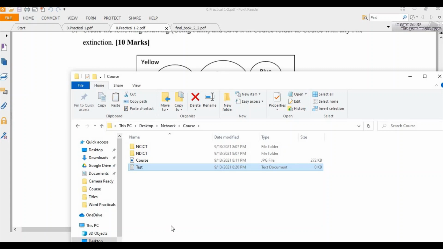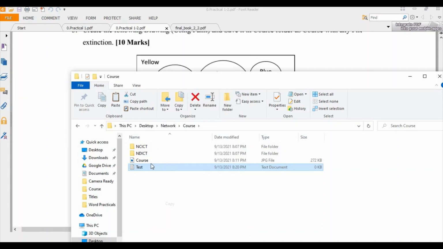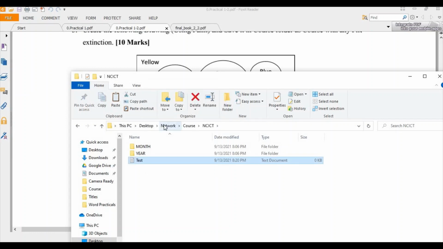Then that particular one I want to copy. Two ways you can copy, Control C and right click, copy. Then NCICT, Control V. From the keyboard just press Control V, you can paste, otherwise right click, paste it. The test one, paste it here.